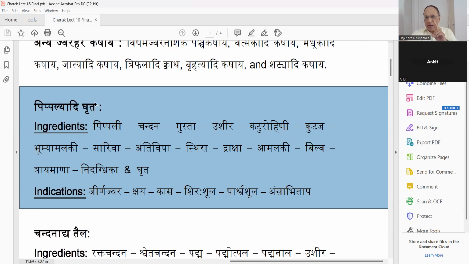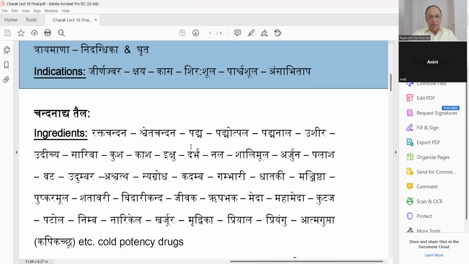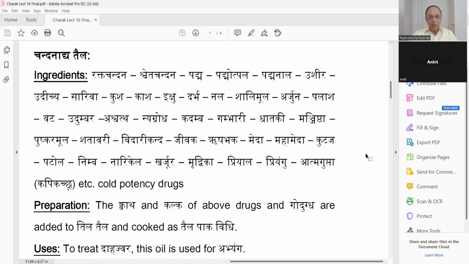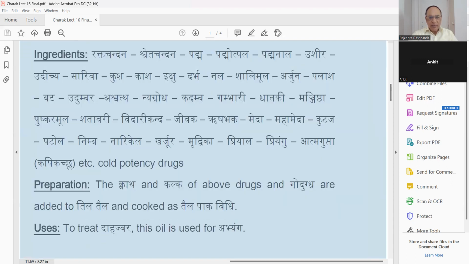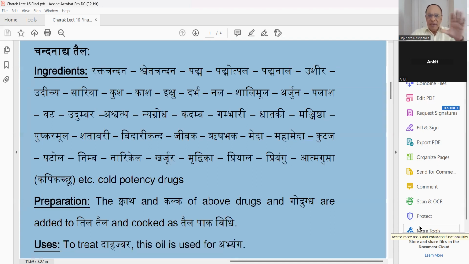Don't forget that. नव ज्वर में हम घी नहीं देते, पुराने ज्वर में क्रॉनिक होने के बाद हम मेडिकेटेड घी का इस्तेमाल करेंगे। ठीक है, आगे चलकर ये देखिए कुछ तेल का इस्तेमाल चरक संहिता में बताया गया है। चंदन आदि तेल करके है, आदि का मतलब होता है एक्सेट्रा। ये देखिए सब का सब मैटर हमारे सामने प्रस्तुत हो गया। ये बहुत अच्छी वाली चीज है कि हम सब चीजें एक साथ दे सकते हैं। चंदन, चंदन का मतलब होता है सैंडलवुड, है ना, तो सैंडलवुड इसमें तेल में सिद्ध करने के लिए